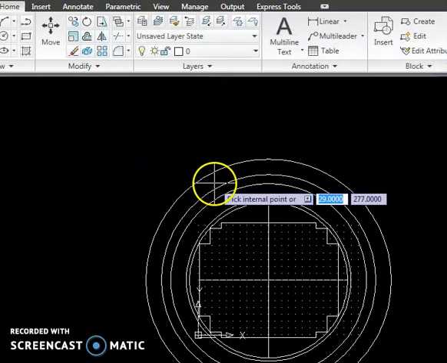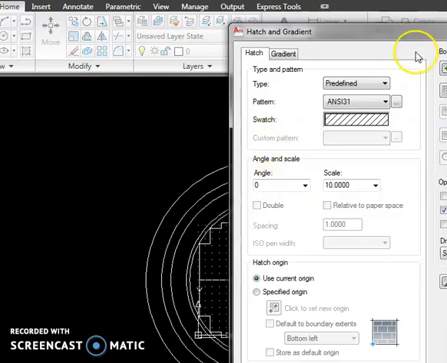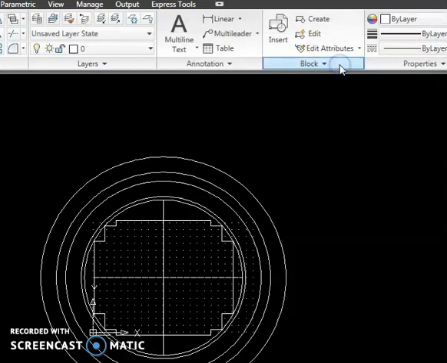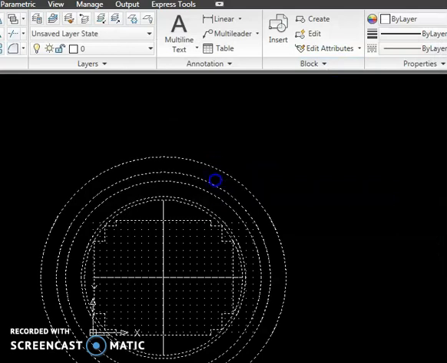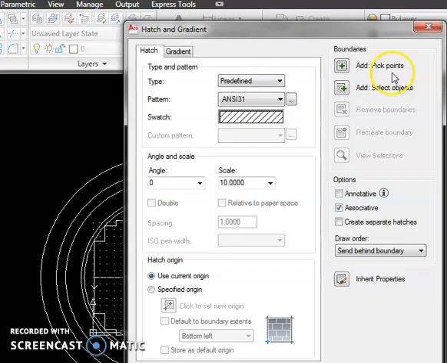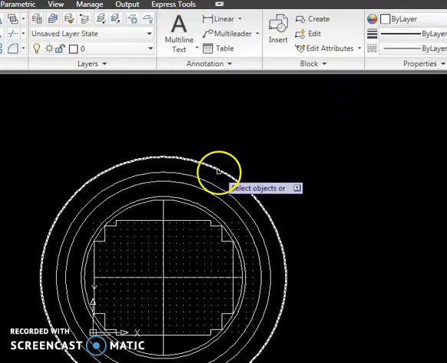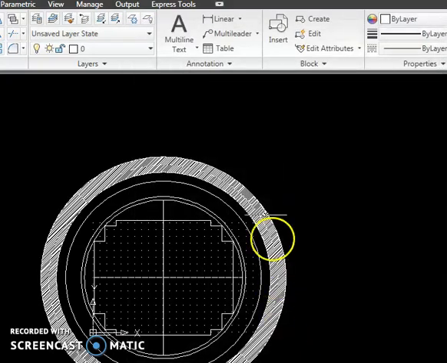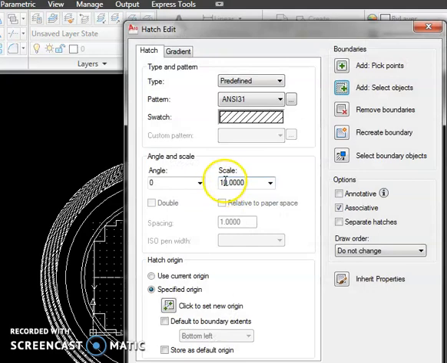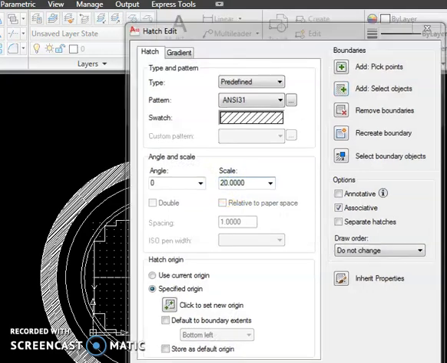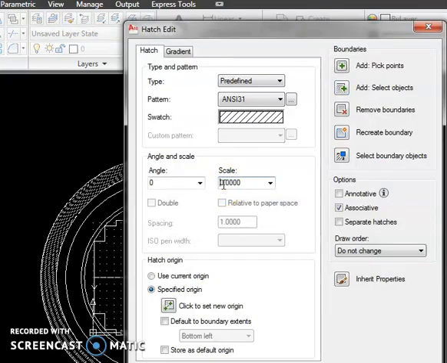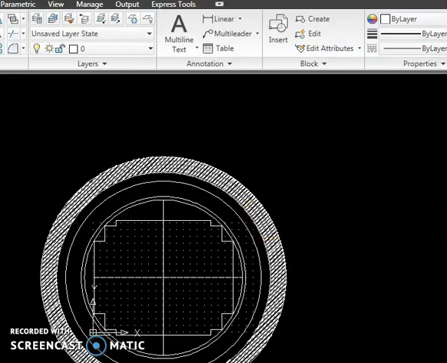Select object is better here, because if you select pick points, it is very difficult. Between this and this you need to hatch, right? Enter. Okay. If you want to reduce or increase the distance between two lines of your hatch, you have to vary this. Okay, 40. Now this is better.